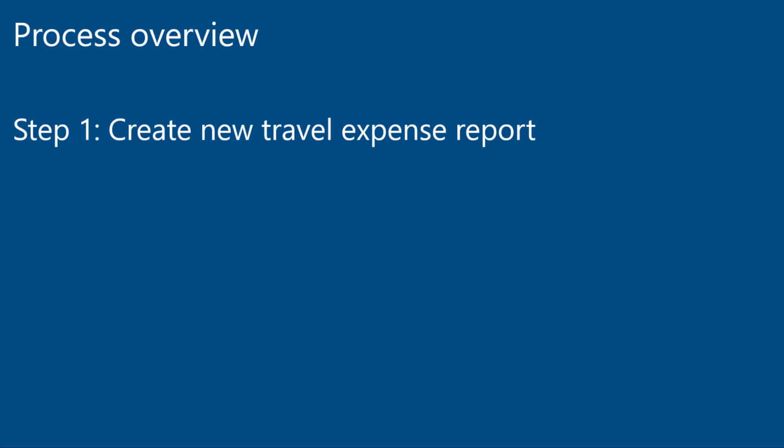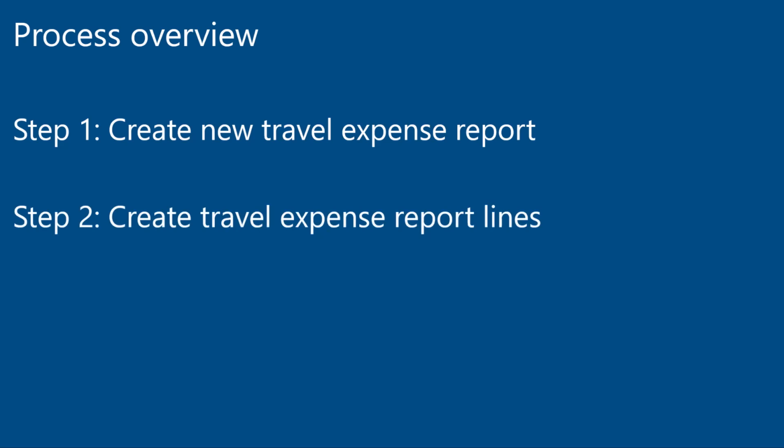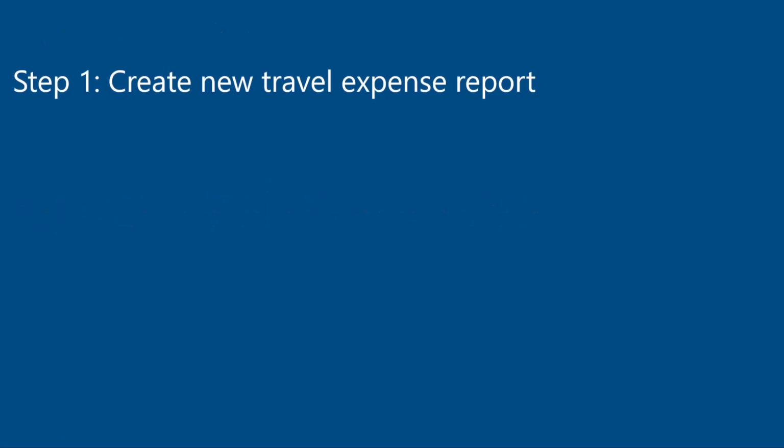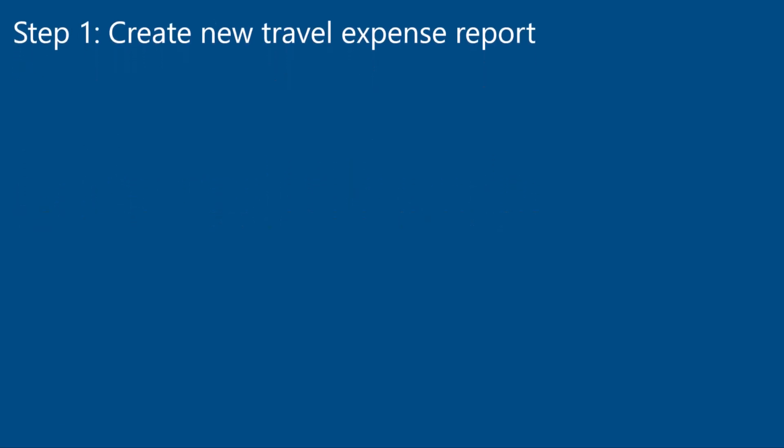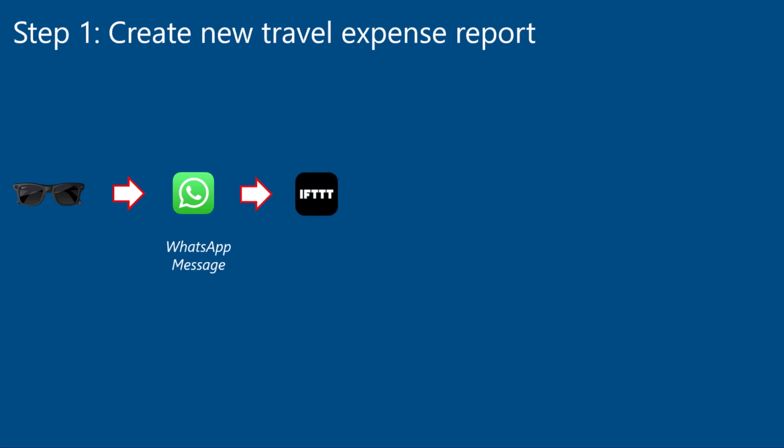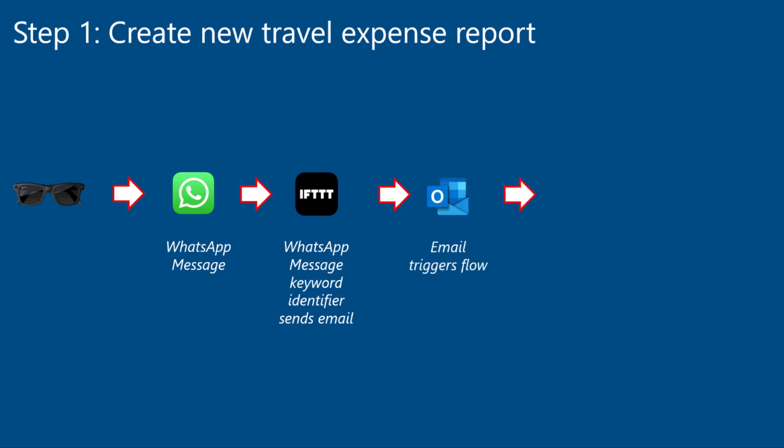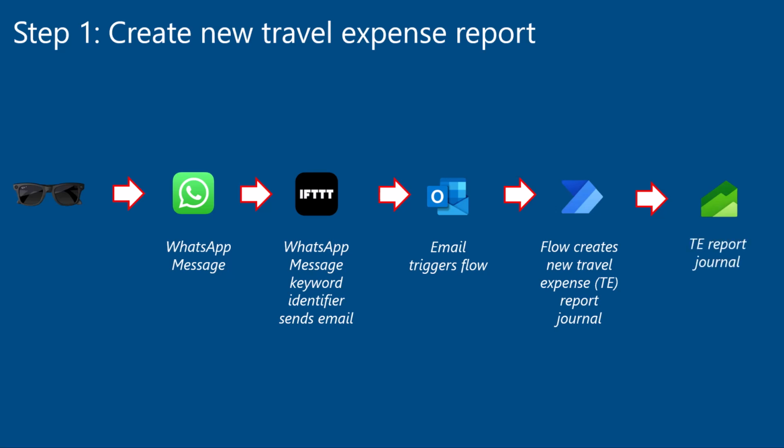I will show you how you can create a new travel expense report, and then we will create the expense report lines. And this, of course, we will do in a different way, as I said, with the smart glasses. In the first step, I will just send a message to the WhatsApp connector, using If This Then That to trigger a flow basically via an email,